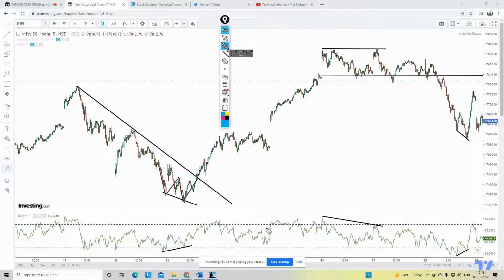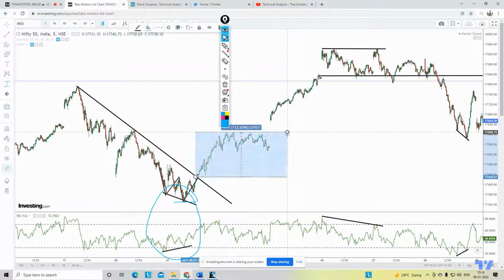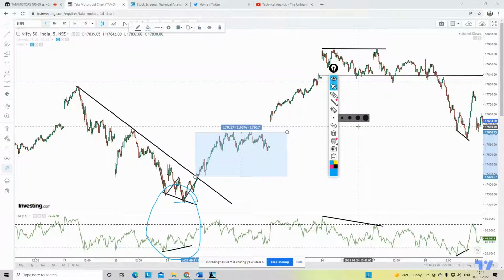Starting with this point, you can see there is a basic, plain vanilla trend line where you are having a repetitive resistance over here. However, at the bottom, it formed a W pattern, and in this location, the RSI formed a bullish divergence. Once it took the divergence, you can keep this as a stop loss, or maybe wait till it breaks the trend line, and you see there is a nice rally from this point, almost like a 1% rally, correct? And mind you, this is a 5 minute chart. So on this basic study, you are getting 179 points, which is not at all bad with respect to intraday or even a swing, a BTST just to carry for the next day, correct?